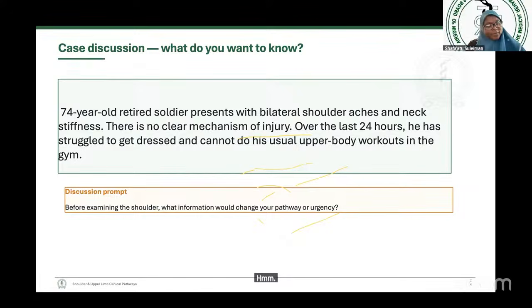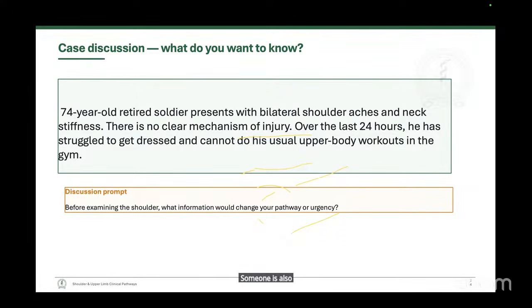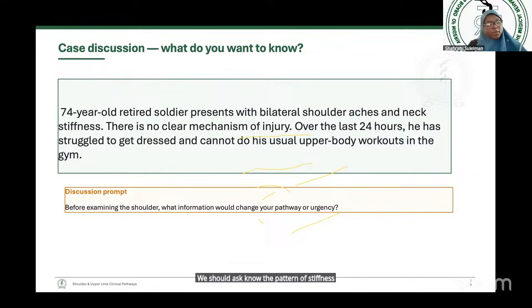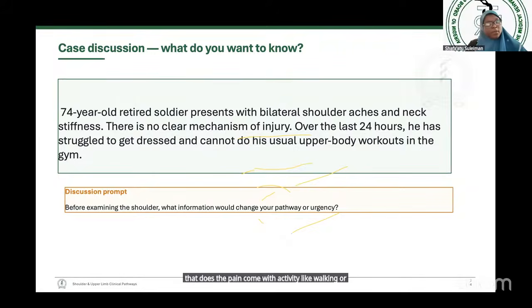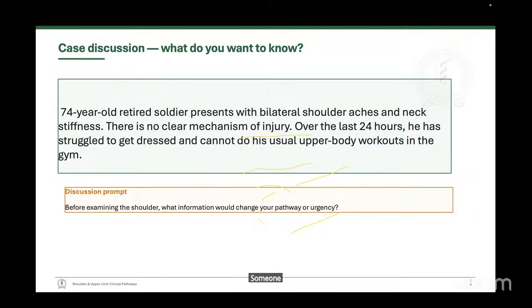Someone is also saying that we should ask if there is associated fever. And someone is also asking that we should know the pattern of stiffness, time of the day. Does the pain come with activity like walking or at rest? Someone is also saying that we should query infection or